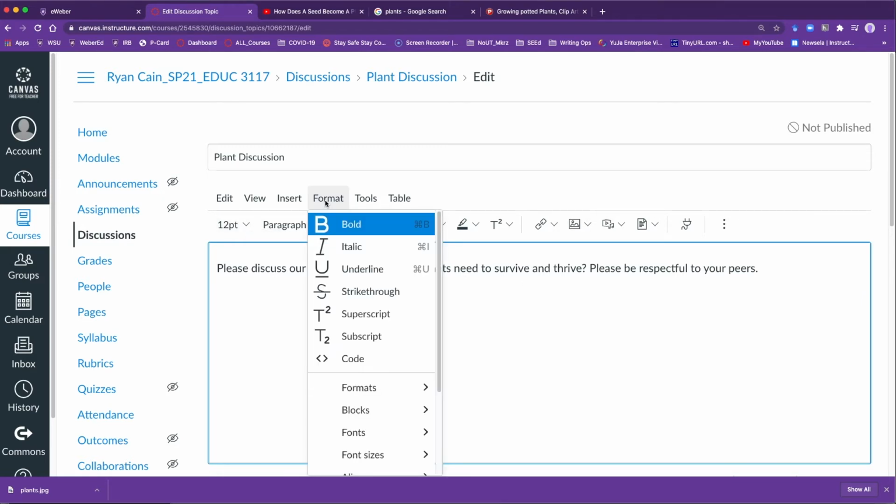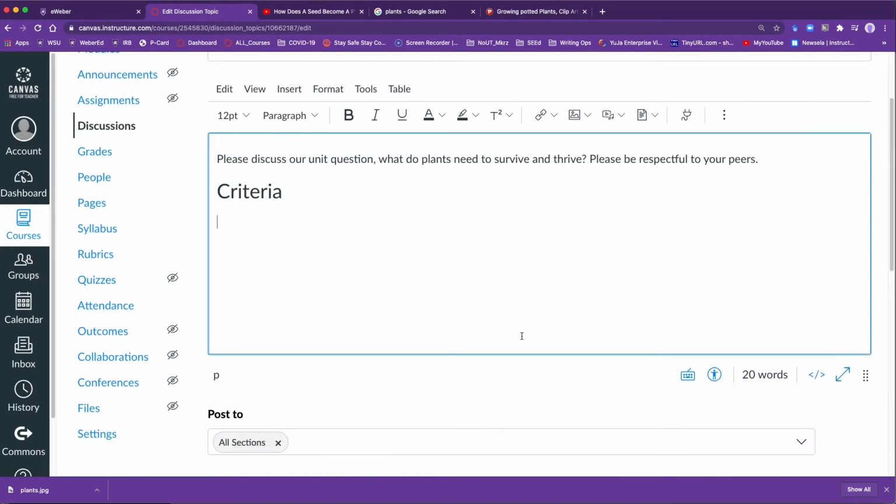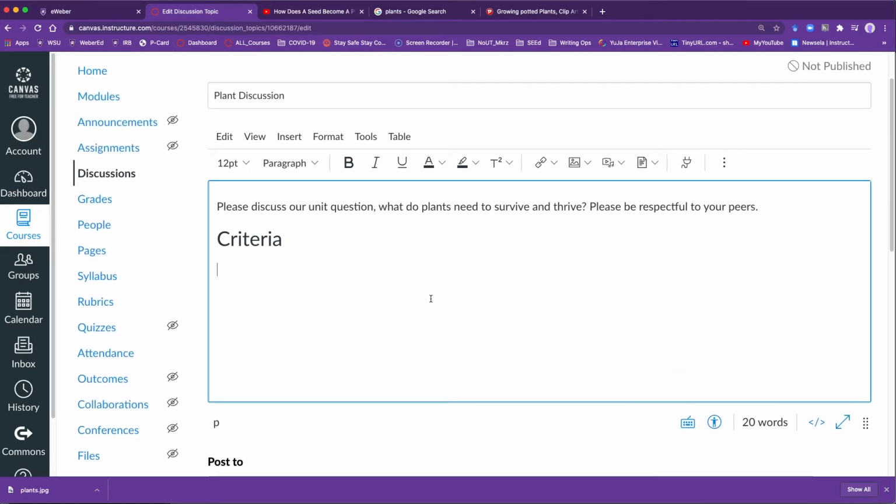So maybe I'll do a style here, Heading 2, Criteria. This is what they need to do, and let's pretend this is going to be worth 4 points. I know I'm going to set this to grading, and then I'll say